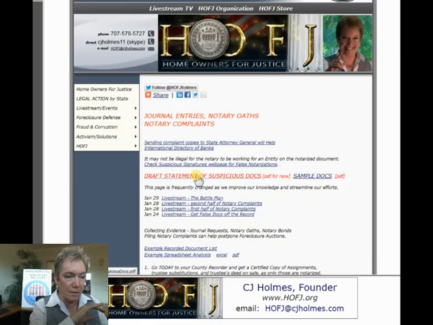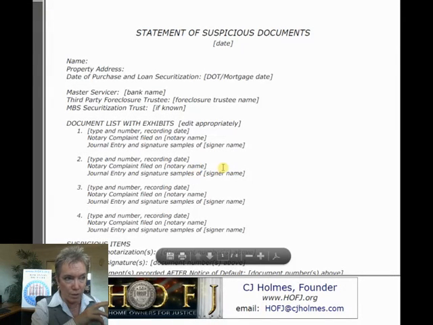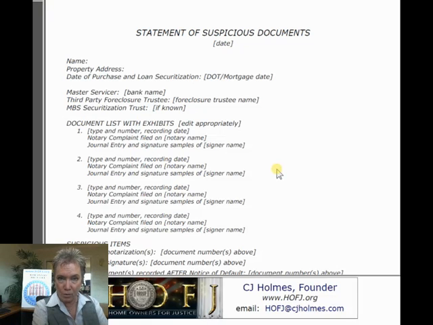On the statement of suspicious documents, if you can bring it up on your screen so that you can follow along, because I'm going to whip through this, and then I'm going to bring up one that I've been filling out on the sample documents. The idea is, what we want is something fast, something people can do quickly, and that they are comfortable making zillions of copies of. So let's think about this.